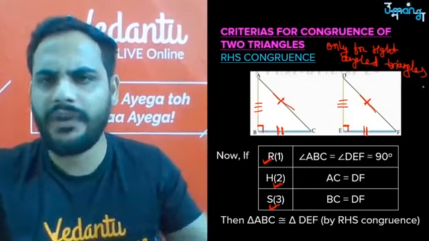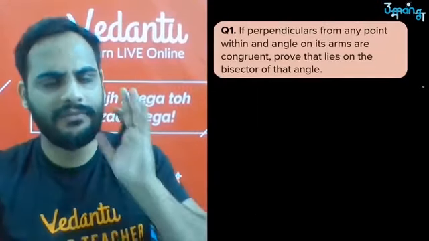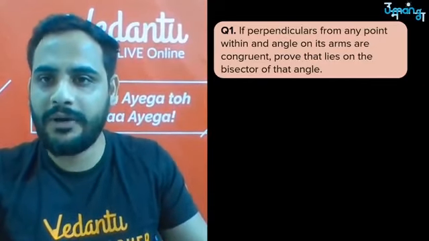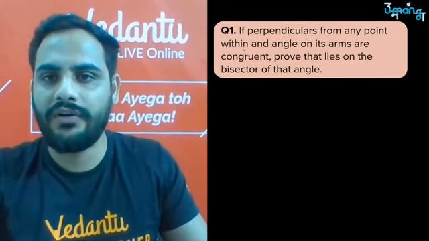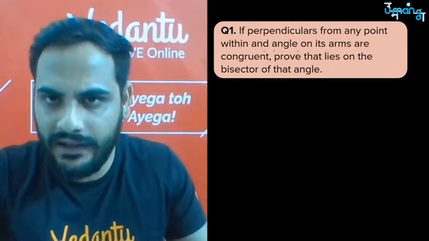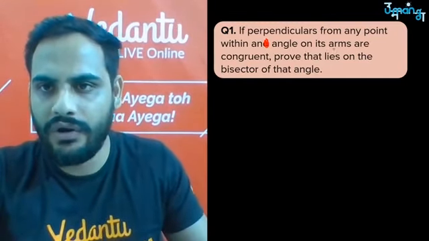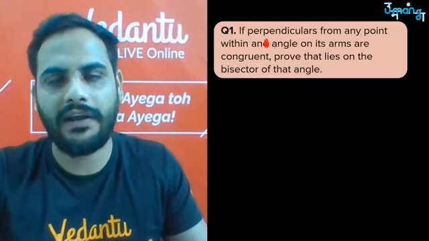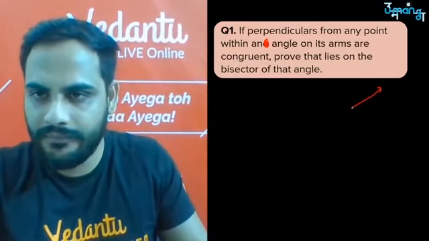Okay, let's solve some questions. So today's questions are very amazing and interesting. Look at the first question. If perpendiculars from any point within an angle on its arms are congruent, then... okay, so you have an angle